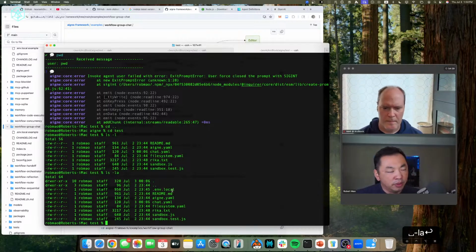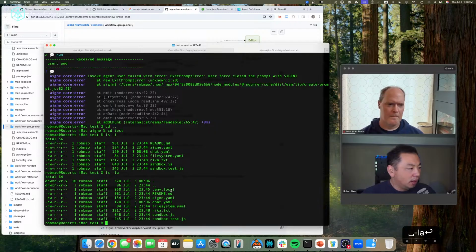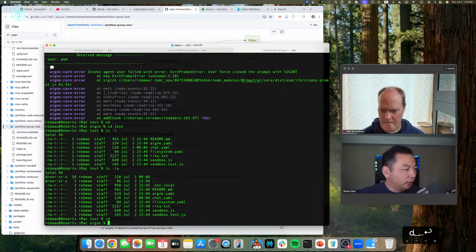So the agent automatically looks at the environment to see if there is some setting already set up. Because I already set up that API key, it automatically takes that API key to use. So that's probably why. So I can go to an upper folder to give it another try.